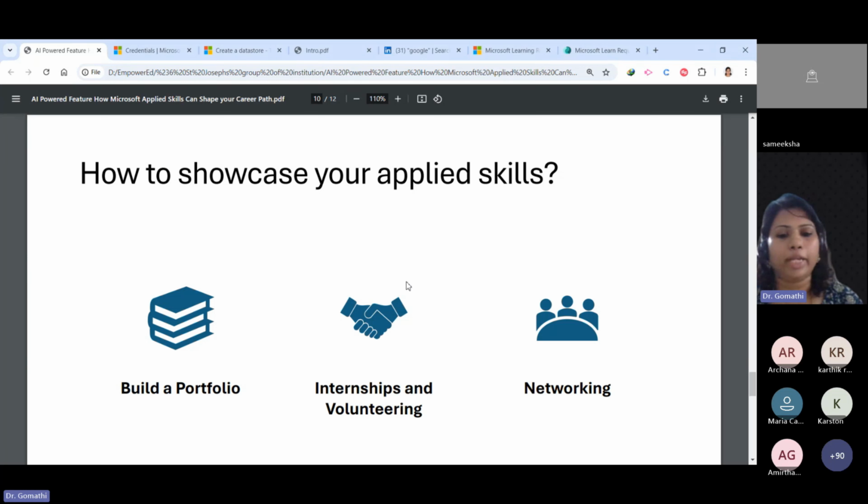And the second one is you should go for an internship and volunteering. In Microsoft, we have the Microsoft Ambassador program. If you are interested, towards the end of the session I'll be sharing a feedback form. Please complete that feedback form, where I'll be collecting information about whether you want to become a Microsoft Ambassador.